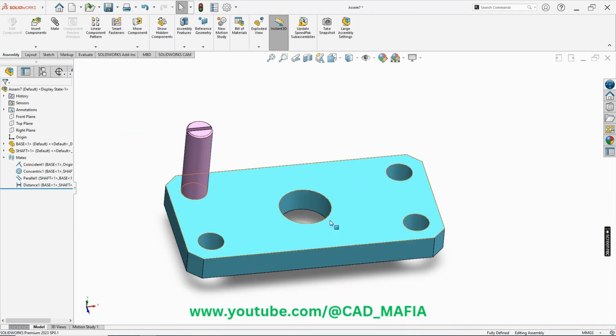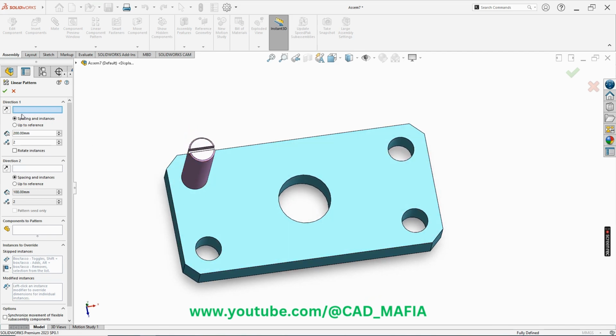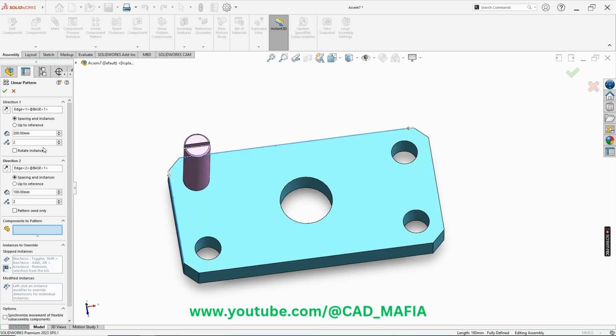Okay, and the second way is linear component pattern. Let's go to linear component pattern, and the first direction is this edge, and the second direction is this edge, and the distance between two holes, quantity is 2 and 2, and the distance between these two holes is 200 mm, but this is actually 160 mm,